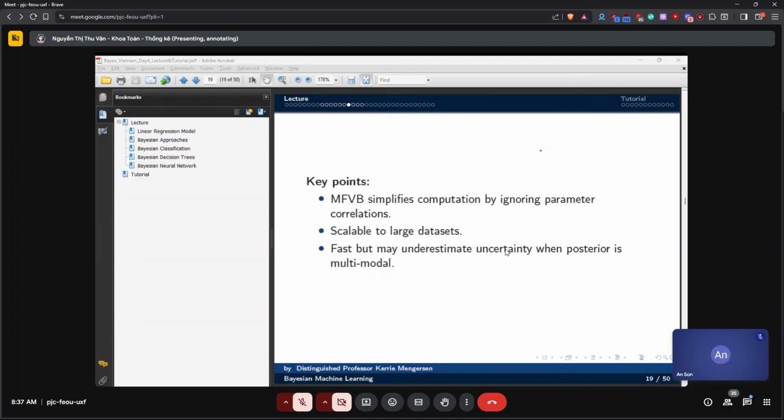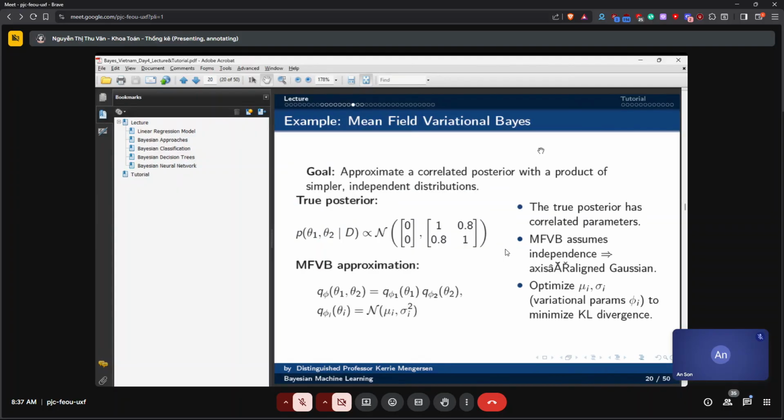You may do this coding yourself, or it may be part of the packages that you use, but if you read somewhere, for example in a paper, that they're using variational Bayes as a computational method, then you'll understand that this is an approximation method.